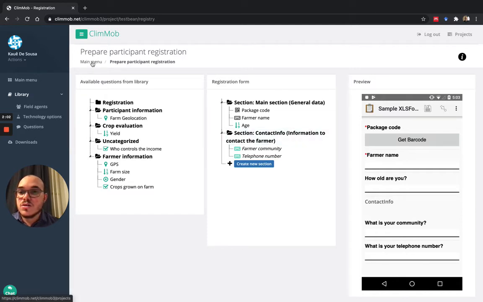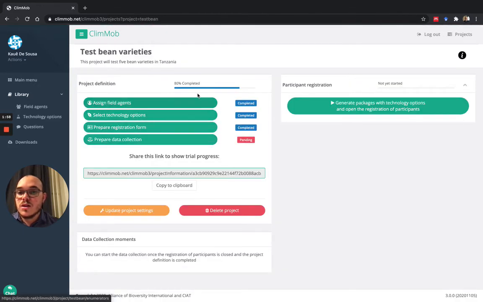And if I just go here back to the main menu, I can see that this step is already completed, and it opens for me a new option that's called generate packages with technology options. So this means that now I can make the randomization with Tercot and generate the packages for the distribution. So if I click here,